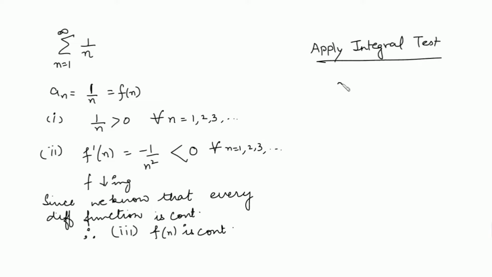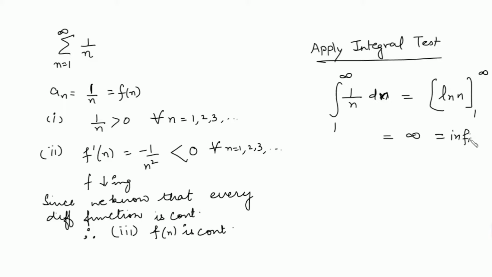So that means we need to find out the value of the integral of the function 1 by n. When you integrate this, you will have log n, and when you put infinity, you will get infinity. Now since the value of this integral is infinite, this implies that the given series 1 over n is divergent,